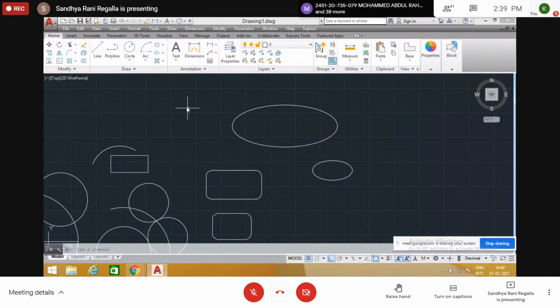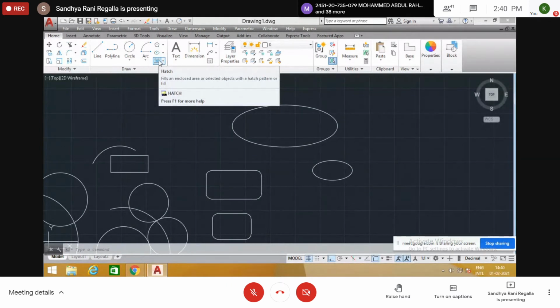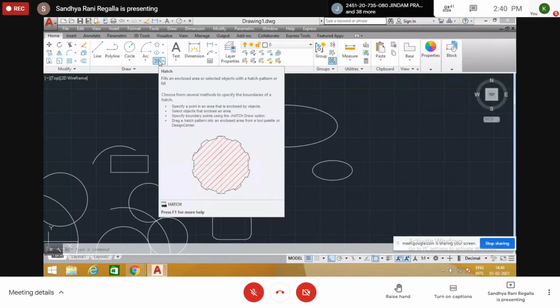And this is the hatch command. This hatch command we will discuss at the time of sections of solids. If you cut the section, the cutting portion is shown with these hatch lines, inclined lines at an angle of 45 degrees. So this option we will see by that time.